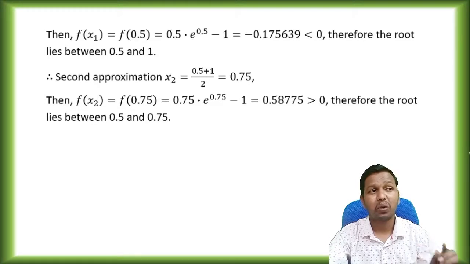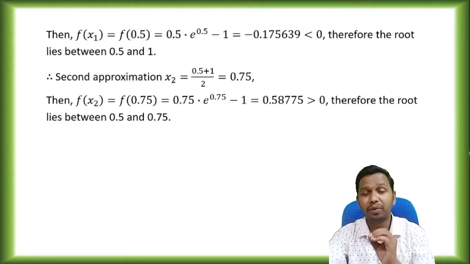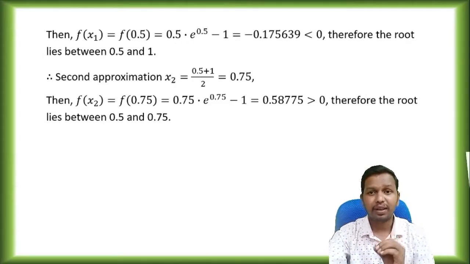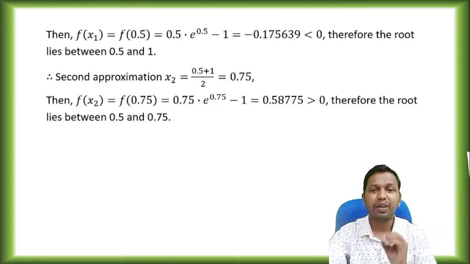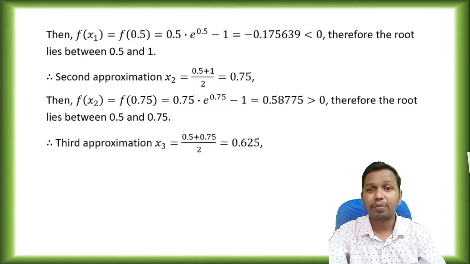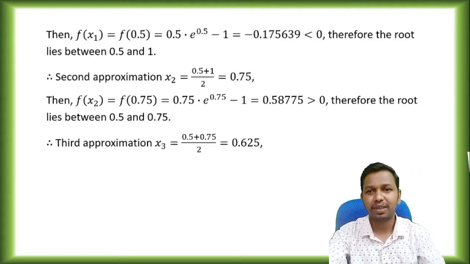Therefore, the root lies between 0.5 and 0.75. While choosing the interval, we have to carefully observe the condition f of ak into f of bk less than 0. Therefore, the third approximation x3 becomes 0.5 plus 0.75 divided by 2, which is equal to